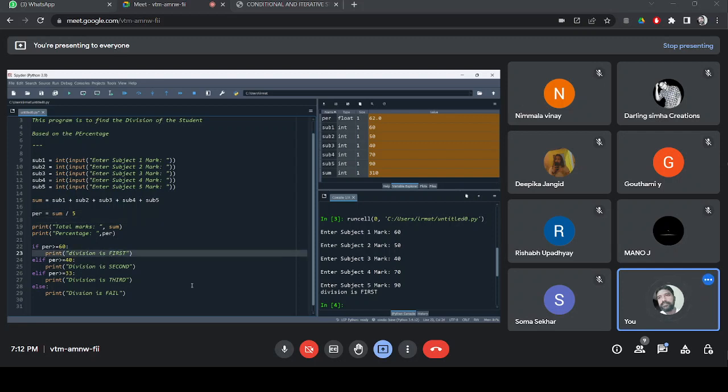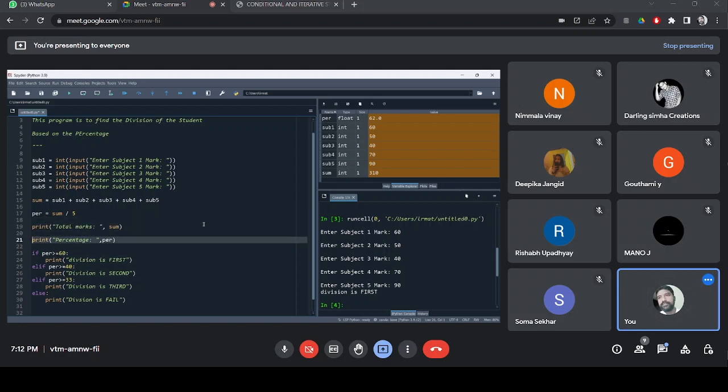Okay, fine. Sub 1, sub 2, sub 3, sub 4, sub 5. What is the error here? Sum divided by 5. Okay. All are int values. Sum is going. And divided by 5, percentage is printing.